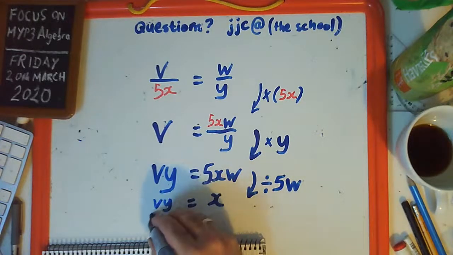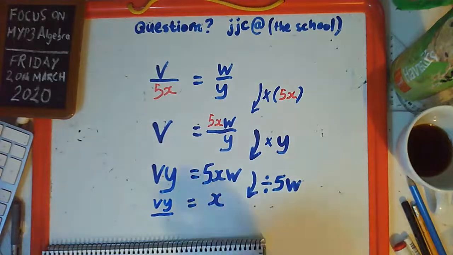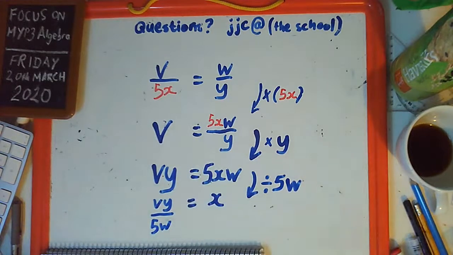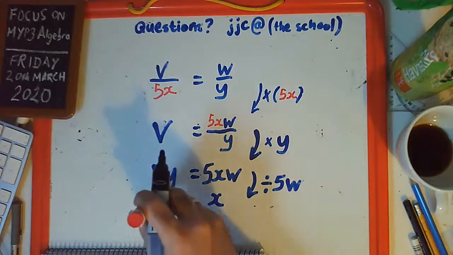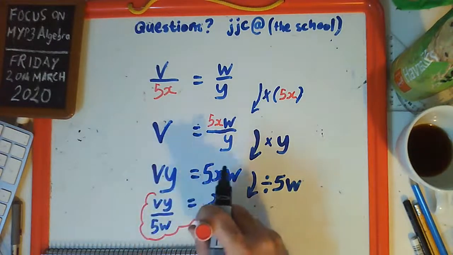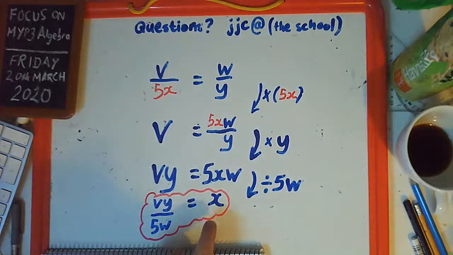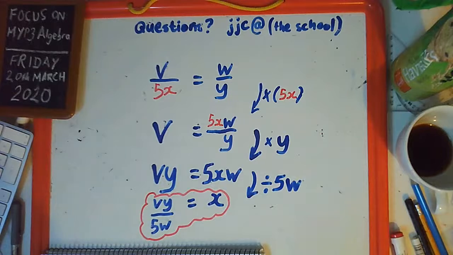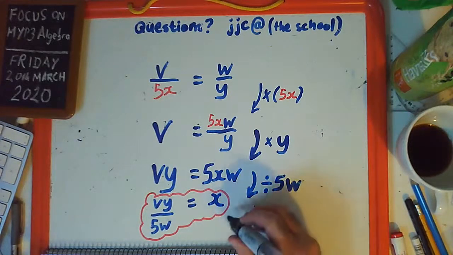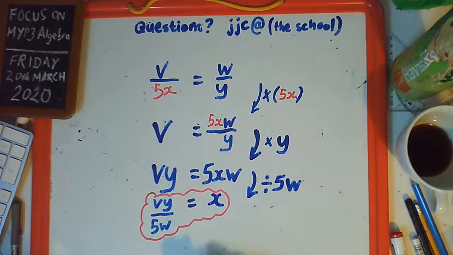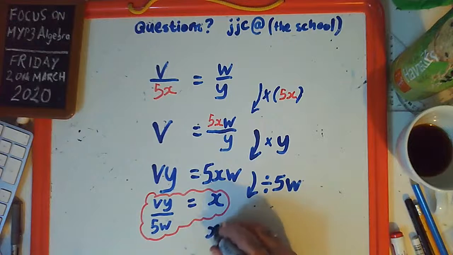So the y that I had divided by the 5 and the w, divided by 5 and the 5w, and that gives me the final answer because I've got an expression that has x equals something with all the other letters. Then the only other thing I ought to do with that is to just write it the other way around. Don't know if I've got enough space here, but x equals